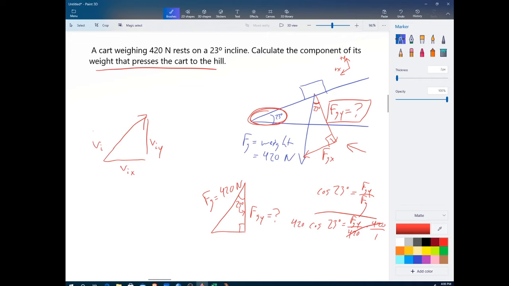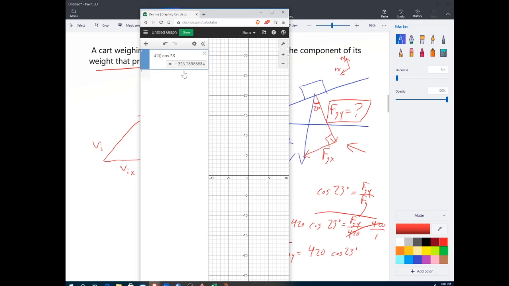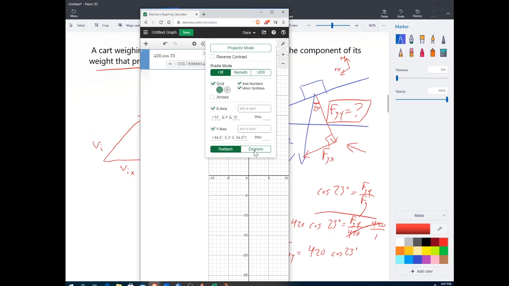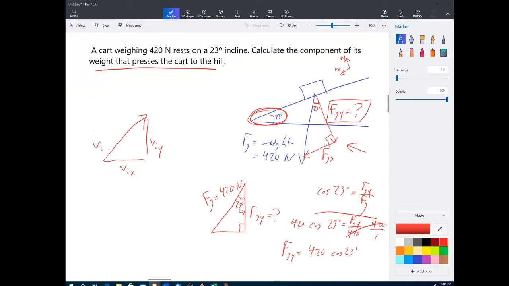Move that 420 over by multiplying on both sides. And FGY will equal 420 times the cosine of 23, which, let me get my calculator going. And of course, since we're using trig, make sure you are in degrees. I'll show you on my calculator. If you pull up Desmos, it gives me this negative number. Remember I told you in class, Desmos always defaults to radians. But just come over here, switch it to degrees. And there we go. That's our answer: 386.6